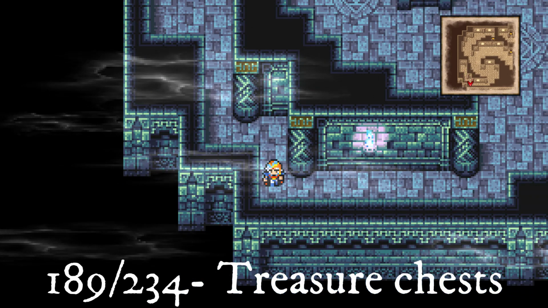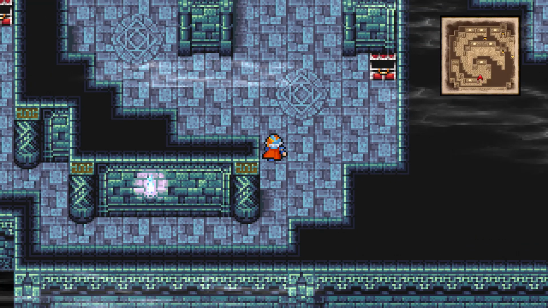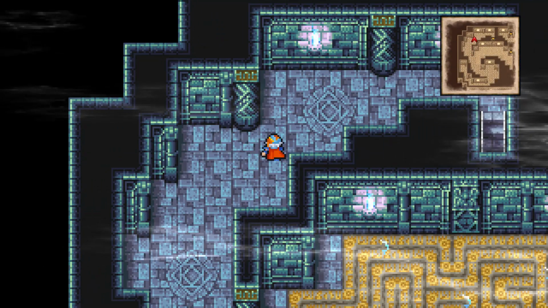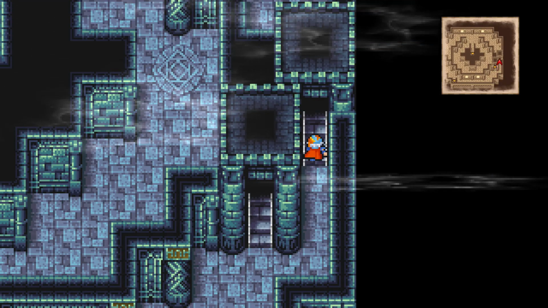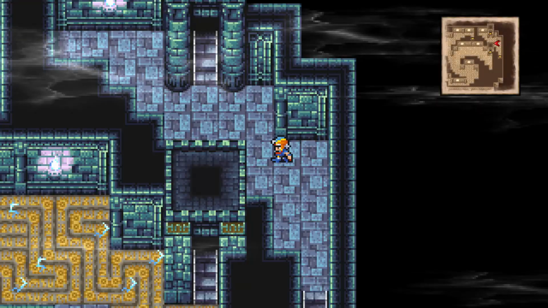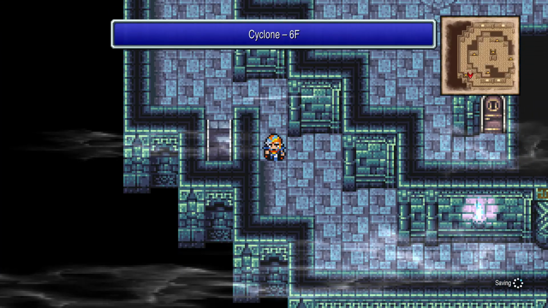Exit back to the fourth floor and then take the next stairs on the right. Head up to the 6th floor, head right and up for a chest guarded by an enemy that appeared in